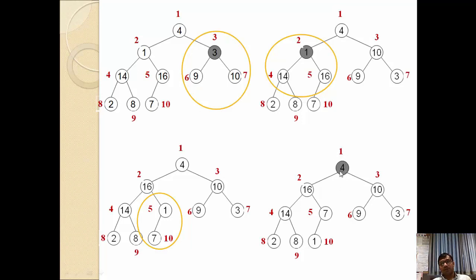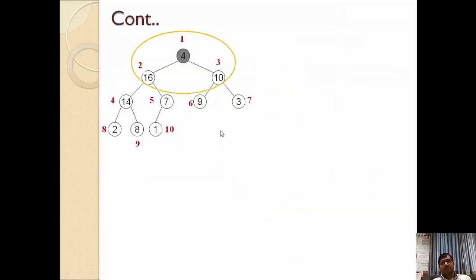Now the root node has a value 4, left child is 16 and right child is 10. So it is not satisfying the properties of max heap tree. So we have to again perform swapping between the largest element and our root node. So the largest among the 3 is 16, so 16 must be swapped with the 4. But when we move 16 here and 4 here, at that time 4 will be the parent and left child 14 and right child is 7, again will not satisfy the properties.